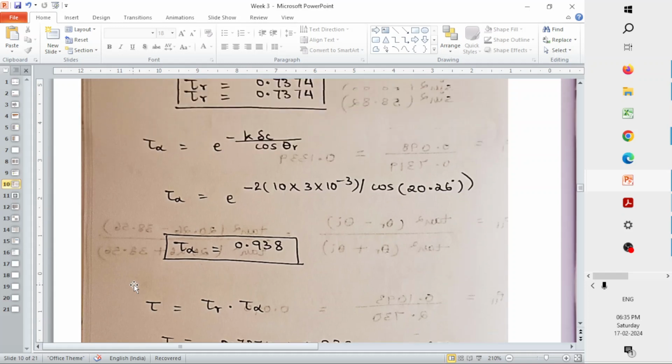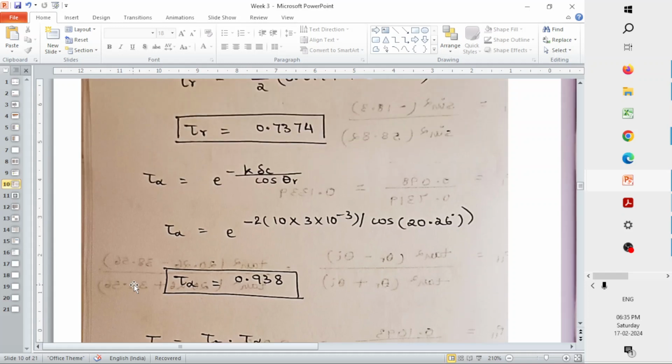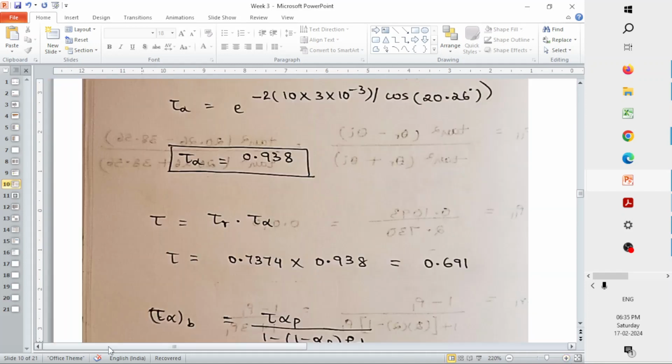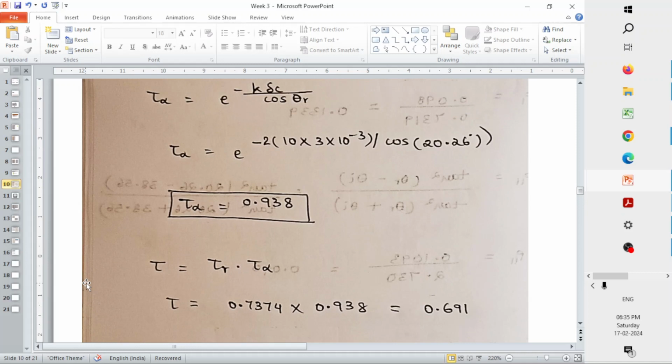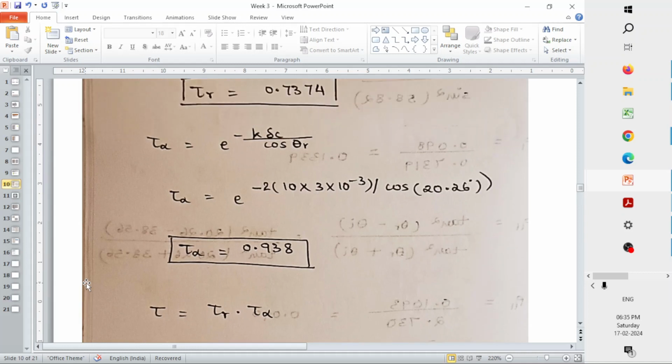Now you have, again, after reflection and refraction, there will be transmissivity because of absorption also. So we have to account for that transmissivity as well. That formula is this one: tau alpha is equal to e power minus k delta c by cos theta r. Here theta r is your refraction angle, because it's actually going through the glass plate cover